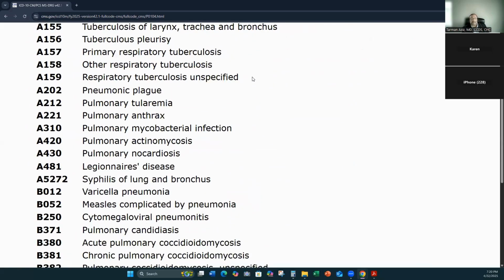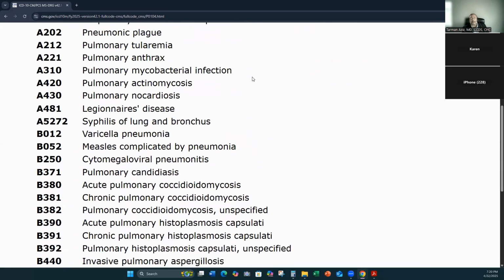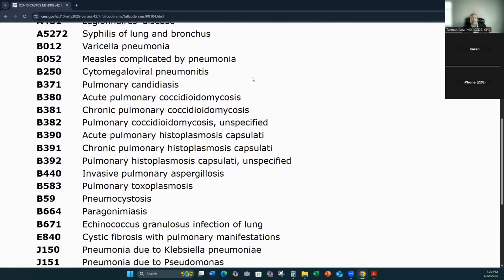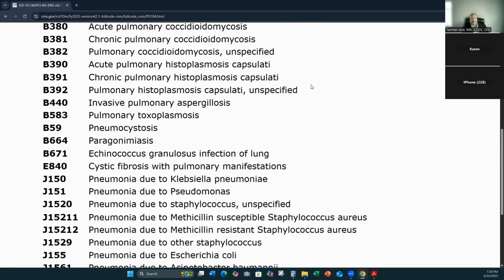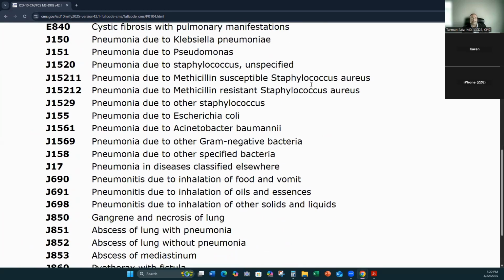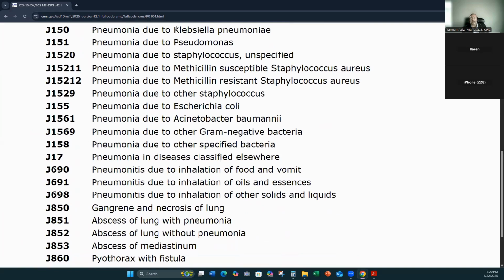I'll let you go through and look at it in your own time. Some of them are more rare conditions, such as those seen in the immunosuppressed population, fungal pneumonias, cytomegaloviral pneumonias. But eventually you get down to some that you see more commonly in CDI chart review, like Klebsiella, Pseudomonas. Again, these were the secondaries with that influenza category, but all by themselves, these pneumonias, when they're the PDX, group to the more advanced or complicated DRG grouping. So keep them in mind.